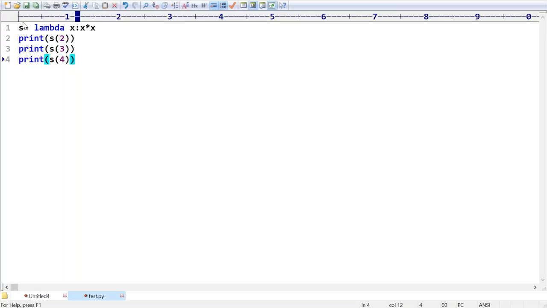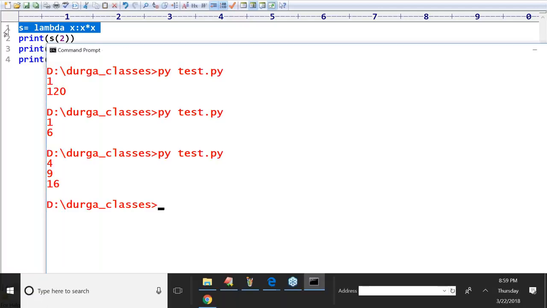Now observe, we are defining a function in a single line only. Is it easy or not? We are not required to use the def keyword. We are not required to use brackets open and close. We are not required to use a return statement. Have you observed? It's very easy. Now observe, what answer are we getting by default?